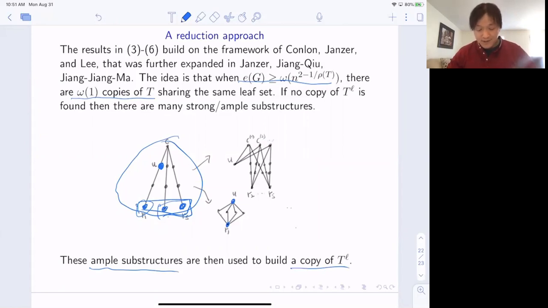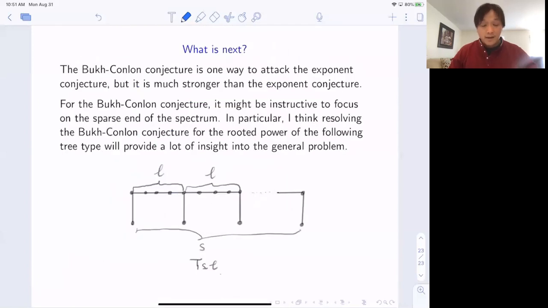But unfortunately, as I said at the very beginning, philosophically, these kinds of arguments would rely quite a lot on the particular structure of your graph, in this case, on T. Okay, anyways, so to wrap it up, what's next? So the Bukh-Conlon conjecture is only one way to attack the exponent conjecture, but it's actually much stronger than needed, because